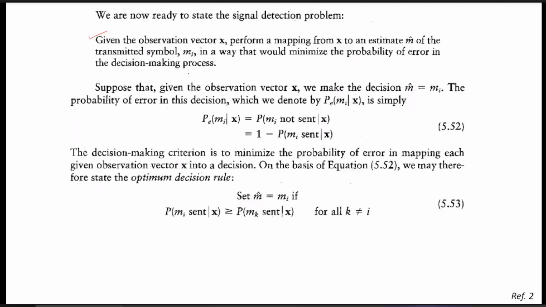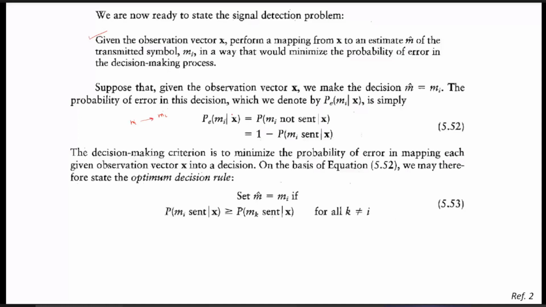So how can we do this? For that, what is the probability of error? Our aim is to calculate the probability of error that m_i has been transmitted, given the observations vector x. So how can we calculate the probability of error? If m_i is transmitted, then definitely we expect that the received vector will be m_i only, and then for the given x, because based on the observations vector we have to define this m_i.